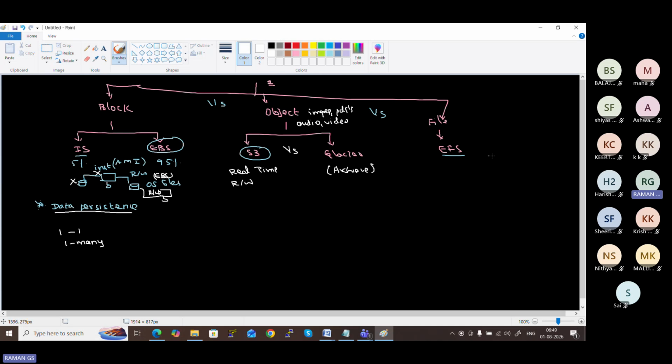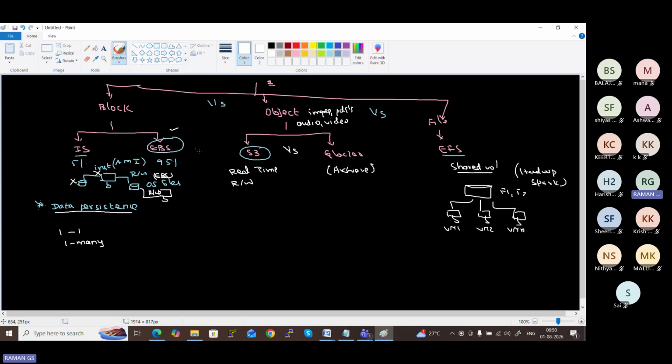And EFS stands for Elastic File Share, which is a shared volume. If you want your volume to be shared by multiple instances, more than one instance sharing your volume, so we have virtual machine 1, virtual machine 2, n number of virtual machines. If you want the file to be shared, you want to create an EFS volume. Example scenarios are Hadoop and Apache Spark. These are clusters used for in-memory data storage and processing, where we need a shared volume. So this is what we discussed so far.